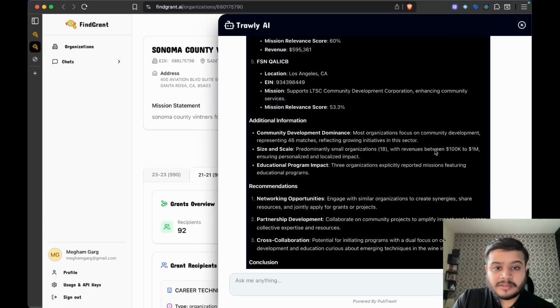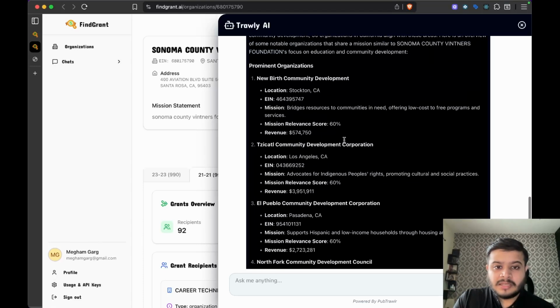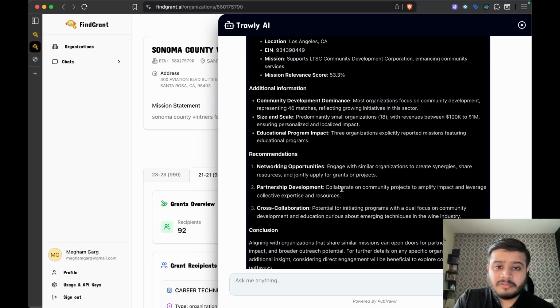Alright, so here it has given us 5 organizations, the mission they are supporting, their EIN number, their revenue, their location, and some additional information like community development dominance. Most organizations focus on community development, representing 46 matches, reflecting growing initiatives in the sector, size and scale, educational program